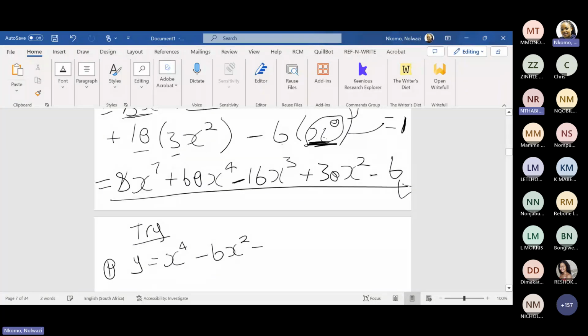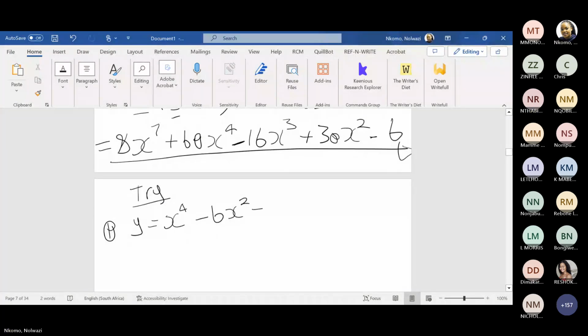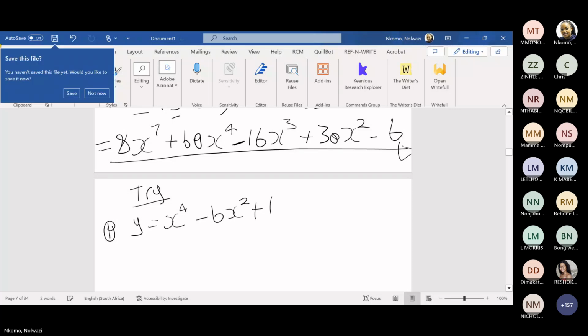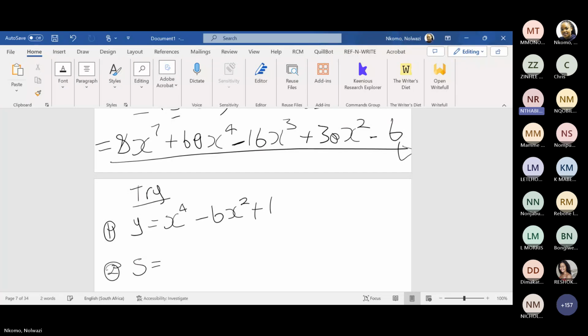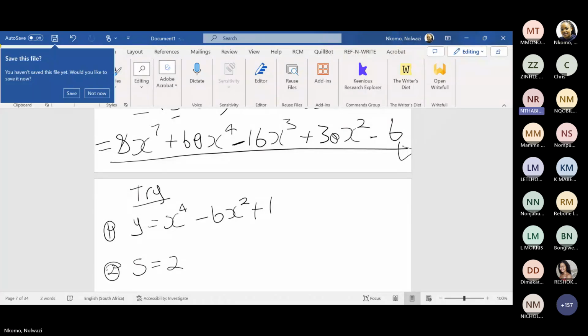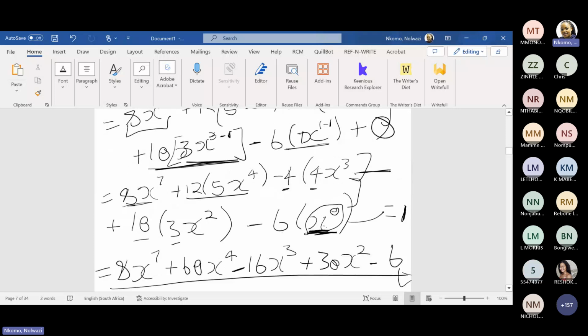Okay, ma'am, can I just confirm? We used only rules 3, 4, and 5, right? We used all the rules, because you see here we have